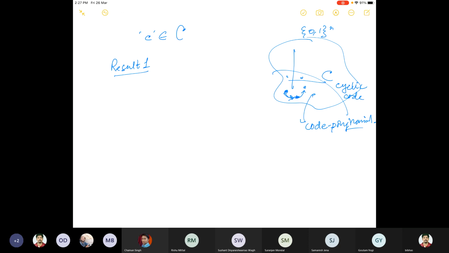In order to answer this question, there are many questions, but first let us answer this one. We'll have to look at what the elements of a cyclic code are, or what the code polynomials in that cyclic code are, or what the code words corresponding to this cyclic code are, and how they are related, how these polynomials are related.